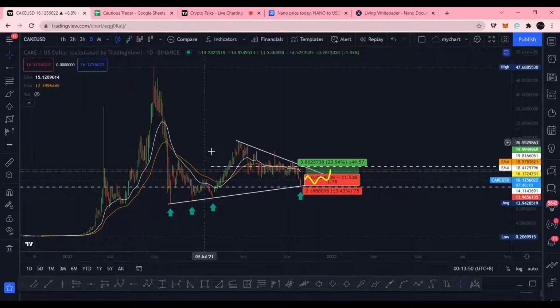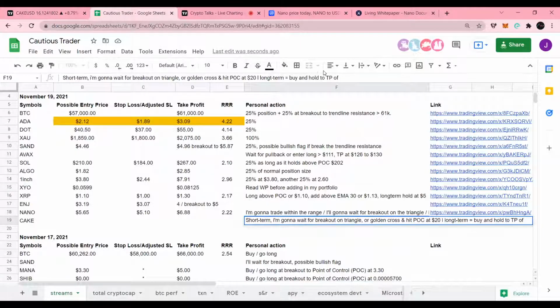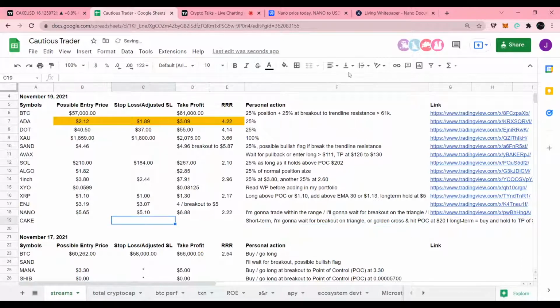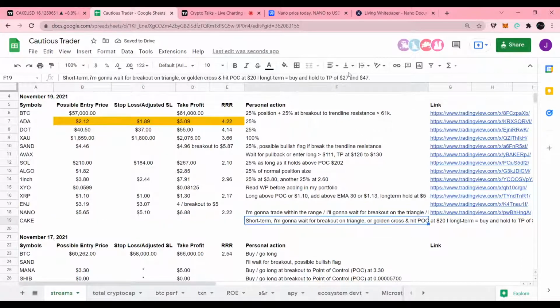TP1 at $27 and of course the $47, diba? So depende, so I'll just leave it blank